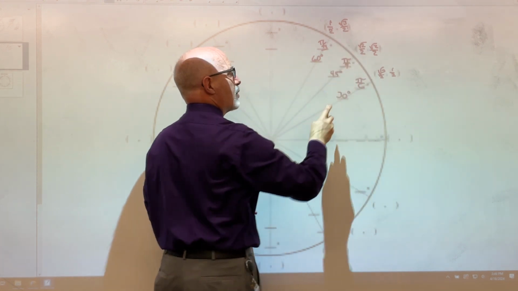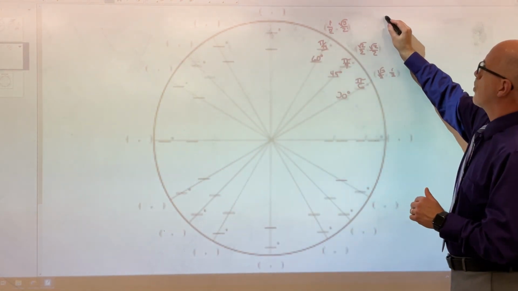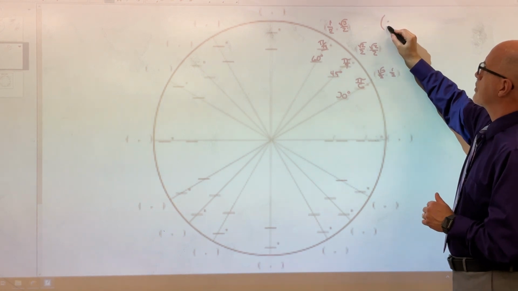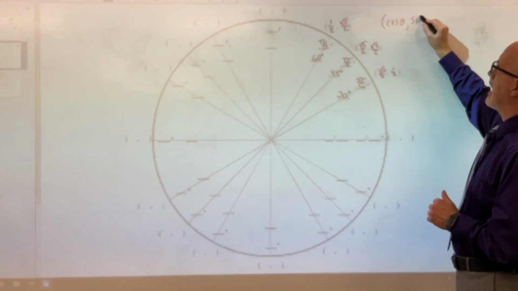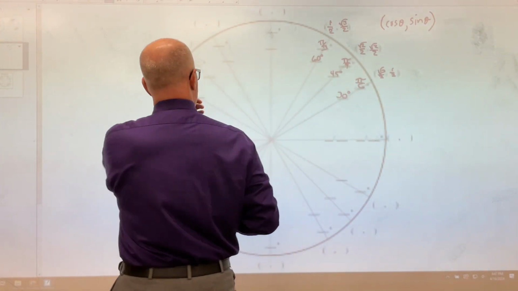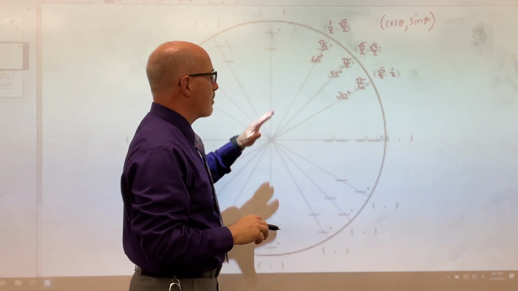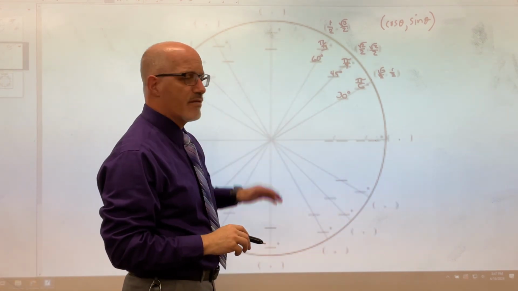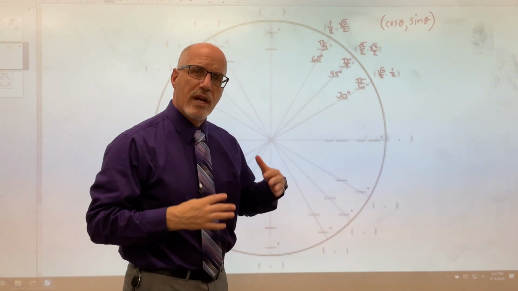So a secret idea here, and this is really important, is that these ordered pairs come in the pairs of cosine being the x value and sine being the y value of these ordered pairs. Now we can do it with 0 degrees too and build our way through. We're going to start with these 30s, 60s, and 45s. So what I want you to recognize when you're trying to think of this